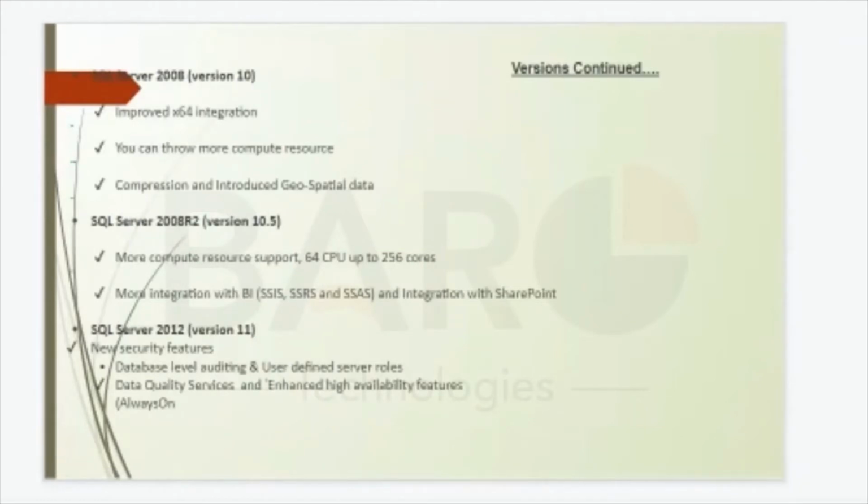ተጨመረ. ይሄ 64 bit integration, operating system integrate የተደረገው 2008 ላይ ነው. Compression እና ይሄ geospatial data type add የተደረገው 2008 ላይ ነው. 2008 R2 ላይ ደግሞ more, ይሄ 64 CPU እና ደግሞ 256 core ድረስ ሰፖርት ማድረግ ጀምሯል, እያለ ምን more integration, ይሄ BI, SSIS, SSRS, SQL Server 2008 R2